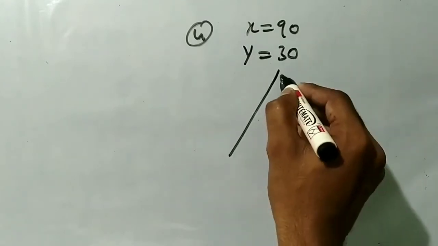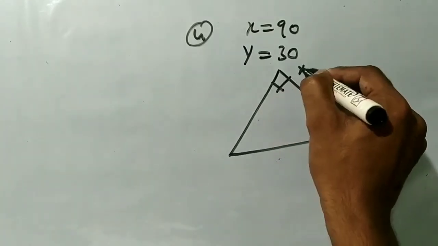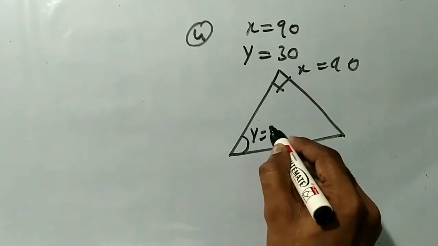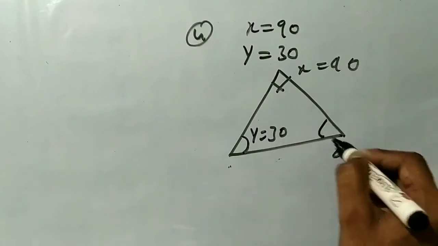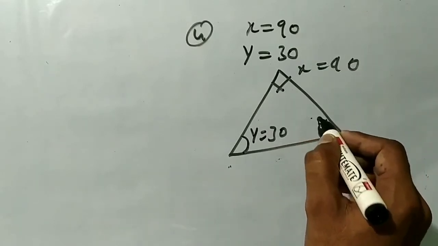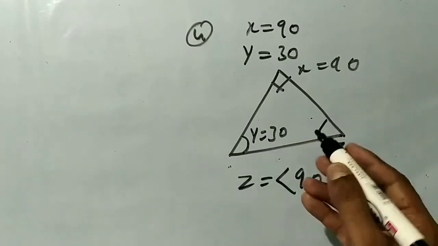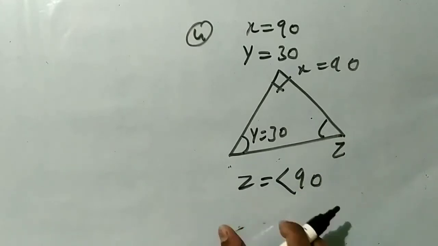So let us consider this one. This is a right angle, that is x is equal to 90, and here y is equal to 30. This is an acute angle, and here it says that z should be an acute angle, so definitely z should be less than 90. So by the angle sum property, x plus y plus z,